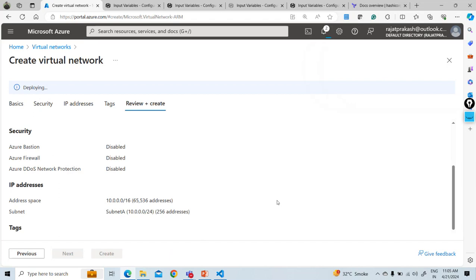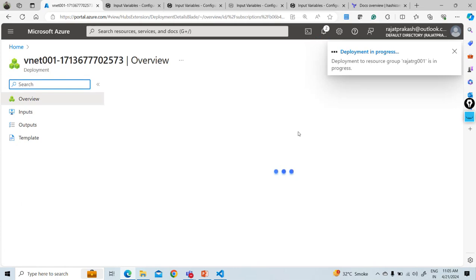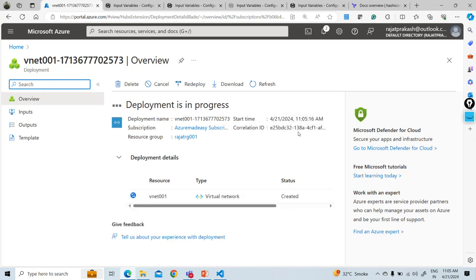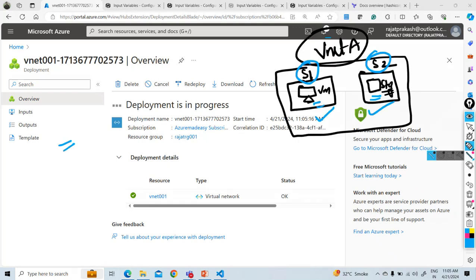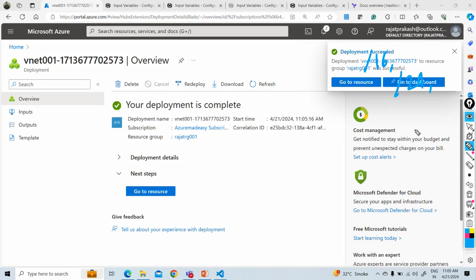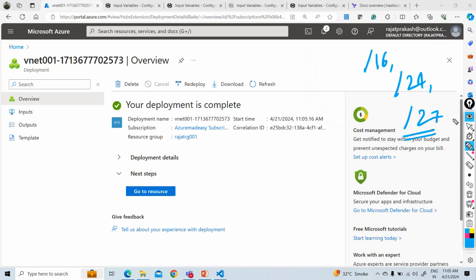So you can see, guys, one thing you can see is IP addresses, 65,000 IP addresses we are getting. A lot of IP addresses your virtual network is getting. But it is always recommended to try not to waste the IP addresses, right? So always choose fewer IP addresses. In very simple words, if you don't want to waste many IP addresses, go for either /16 or /24 like that, or /27